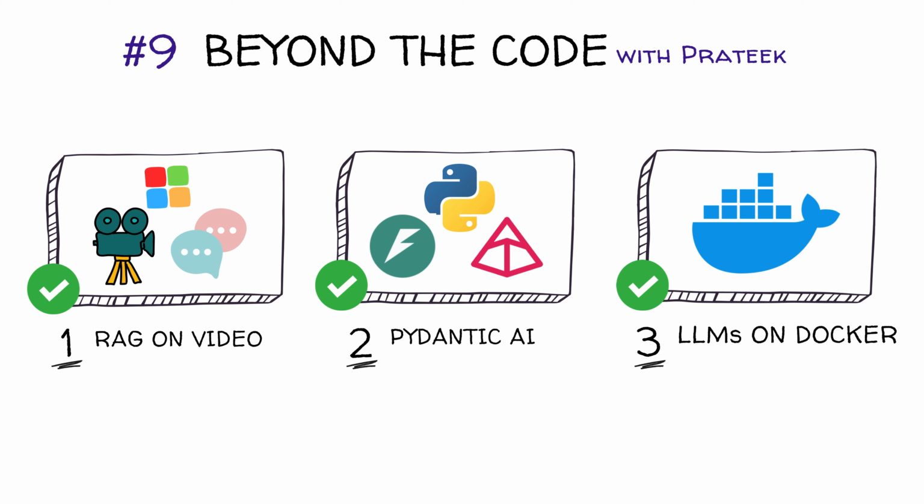So wrapping up this deep dive, we've hit 3 really interesting developments from that Beyond the Code newsletter. We looked at Azure's RAG on video making video searchable knowledge. Unlocking insights there. We dug into PydanticAI, aiming for more robust, developer-friendly AI application building. Bringing structure to LLM development. And we checked out Docker Model Runner, making powerful AI models much easier to run locally. Democratizing access, really. And the common thread here, it seems, is AI becoming, well, more integrated, easier to harness for developers, and just generally more accessible for playing around and building things. Yeah, the infrastructure is maturing, becoming more user-friendly.